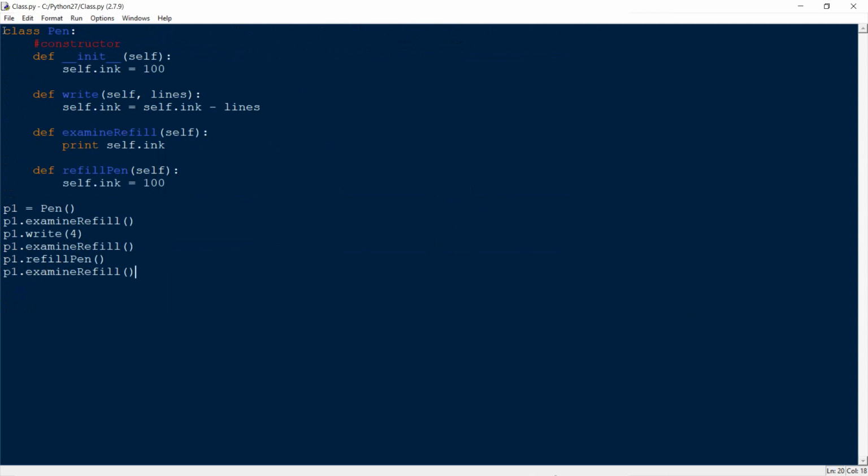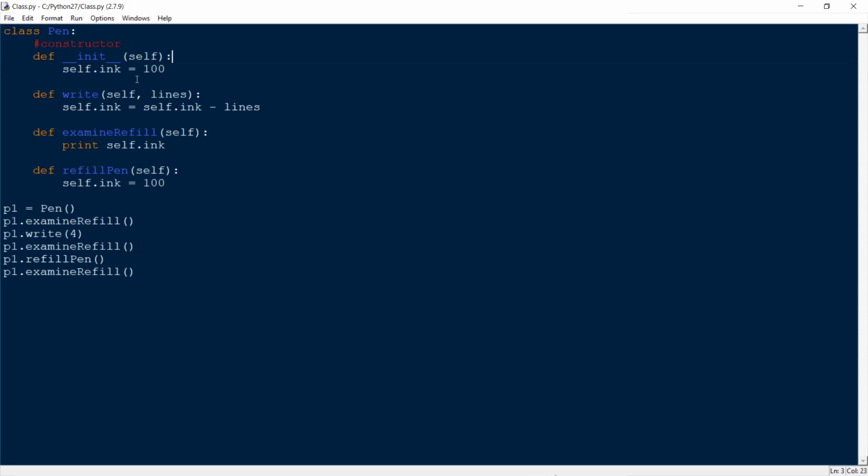So this is how we make a class in Python. And just to summarize what we've done in this video, we've created the code equivalent of a pen right here. That's a class Pen. And the next thing we've done is made a constructor. A constructor is just a special method of the class, and a method is just a function inside a class. So this constructor is a special method which gets called when we do this. When we say p1 equals Pen, this constructor is what gets called,